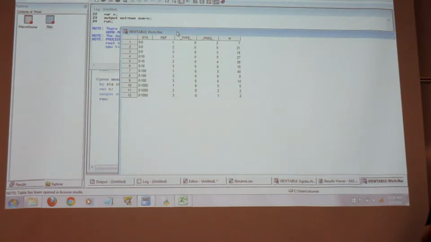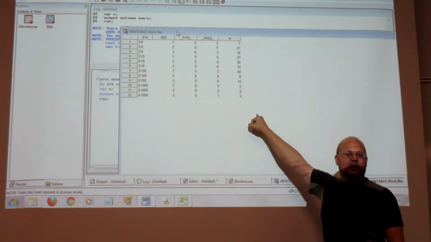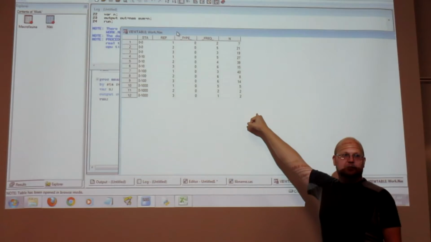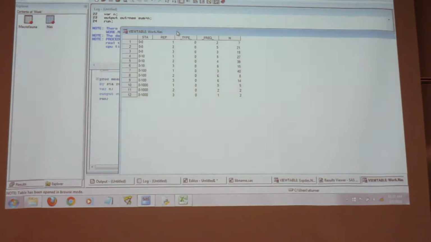Now the procedures and stuff, I got to tell you, you've got to look at the manuals pretty much every time you do something. I mean, even Paul does, even I do. But we really need to focus on this to make sure we understand what we did to our data. And now we understand what we did to get this. Because just getting this, try to do that in Excel. That would be a bit, you know, to do that, and it's already done.